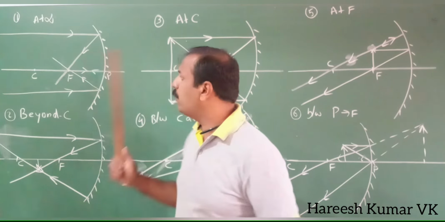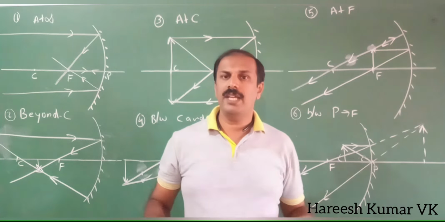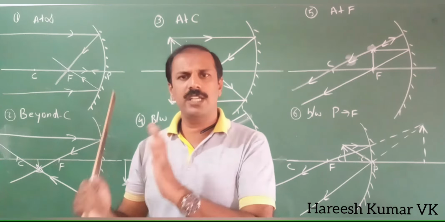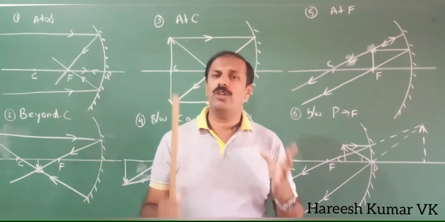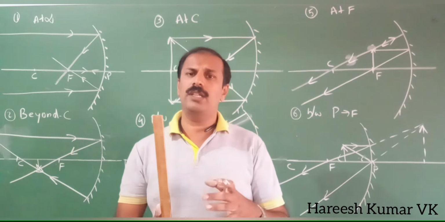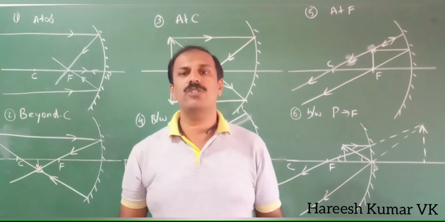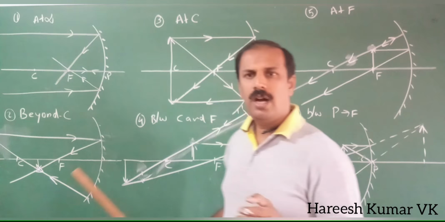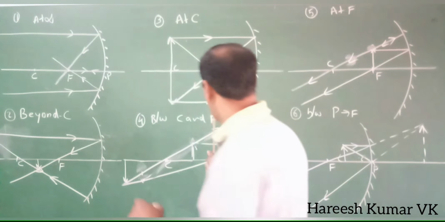Okay. So you remember from the first case to the last case, and in your textbook one table is there. That table contains, for all the positions, where the object is, what the image is, and whether it is inverted. Nature of the image. Nature of the image means you have to explain whether it is real or virtual, inverted or erect, enlarged or diminished. All those things are called the nature of the image. So you can draw all these diagrams now. Already it is there in the textbook. If I keep away from this for one second, you can just pause the video. Now you can pause the video and you can draw all the diagrams. Okay. And one more thing, the same ray not reflecting.